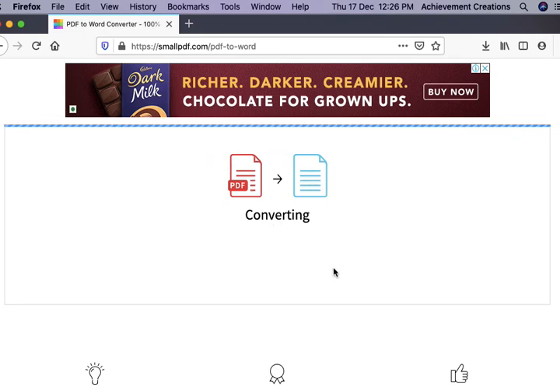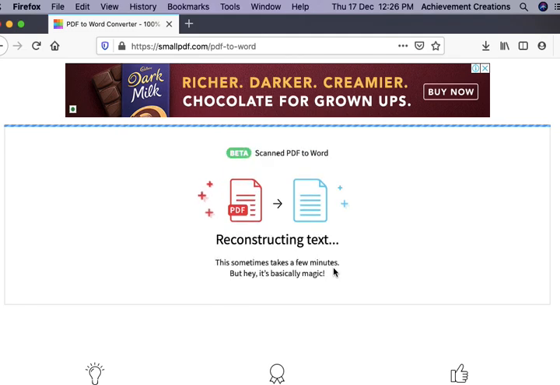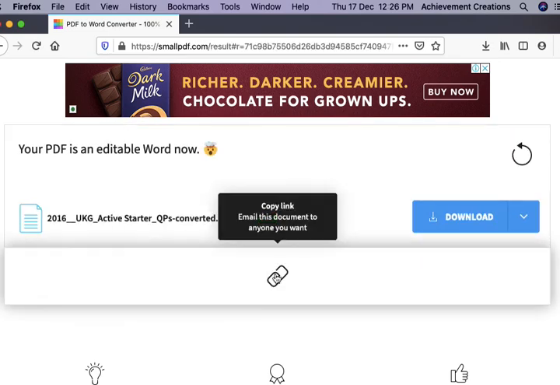Again, we'll have to wait for the process to finish. This will take some time depending on how big the PDF file is. Okay, once this is done,